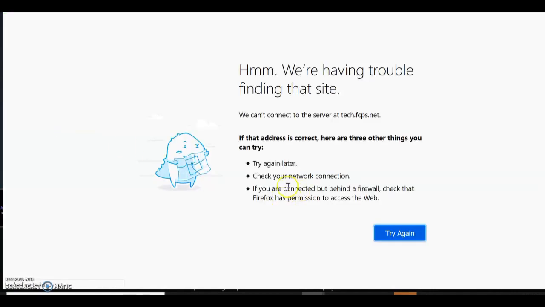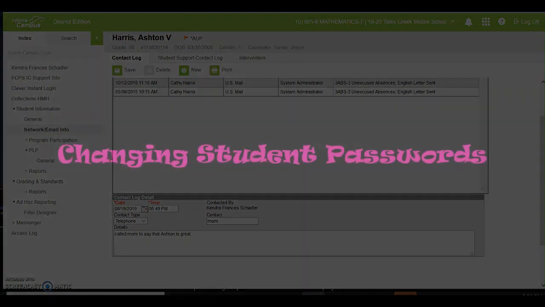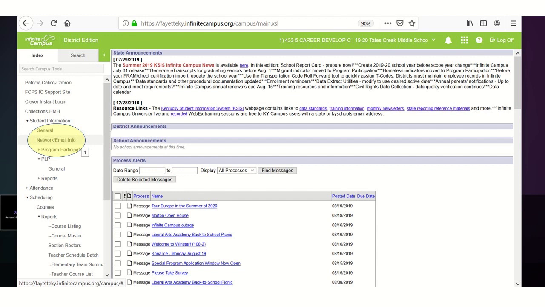And then the other thing is, oh, that didn't work, network email info. You can all change passwords. So if you go to that network email info tab, you put in your password,